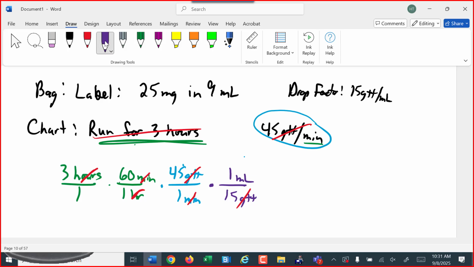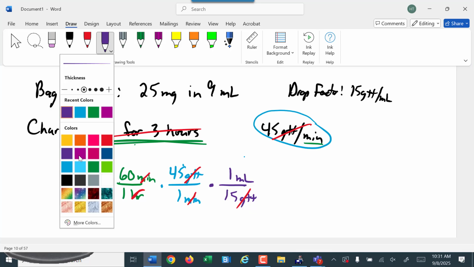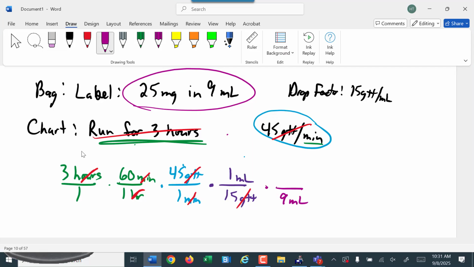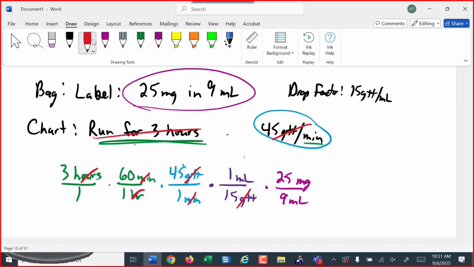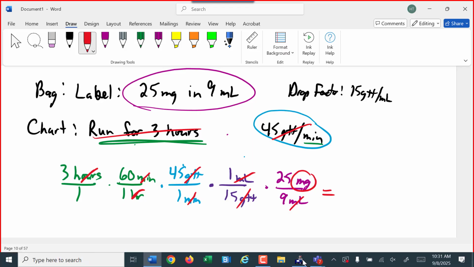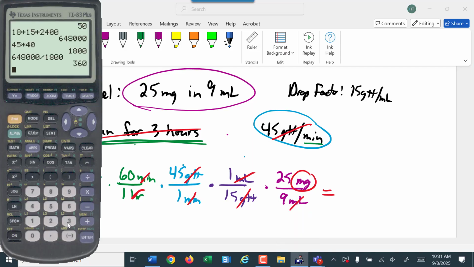And then I have my label on my bag telling me 25 milligrams in every 9 milliliters. So to get rid of milliliters, I'll put the 9 milliliters on bottom, the 25 milligrams on top. And now the only unit I have left is milligrams, which is what I want. So on top there I have 3 times 60 times 45 times 1 times 25 gives us